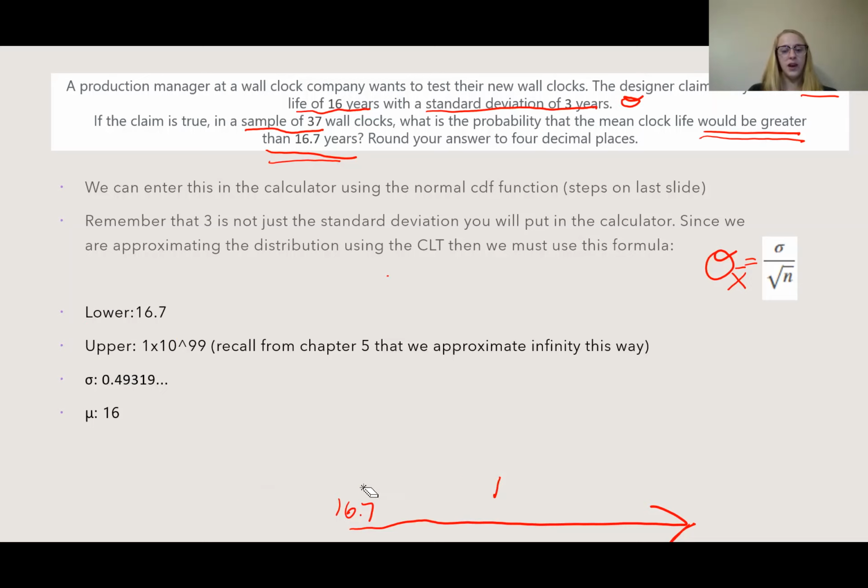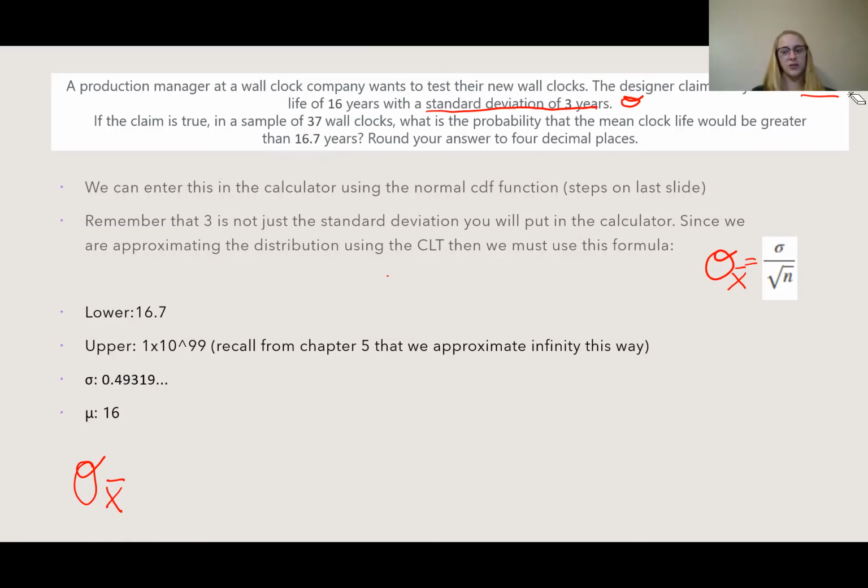Okay, next we have our standard deviation. In your calculator, it will just pop up like this, but really what it's wanting you to plug in for these types of problems is this. Remember that it's not just 3. It says right here, standard deviation is 3 years, but that's for the population, so we can't just plug that in because that's not for your sample. So using this formula, what you would do